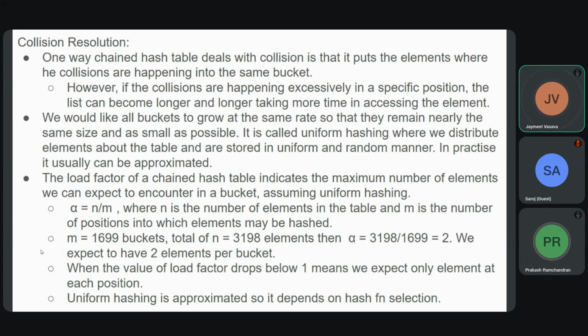So, collision resolution. As discussed before, a collision is when two keys map to the same position. For resolving that, one way the hash table deals with the collision is that it puts the elements where the collisions are happening into the same buckets. But if there are excessive collisions happening, it can make the linked list longer and longer and take longer and longer to access the element as well. So what we want is